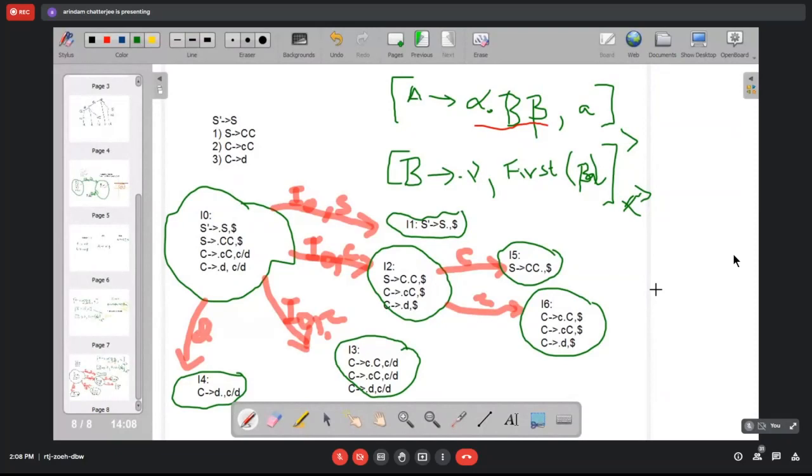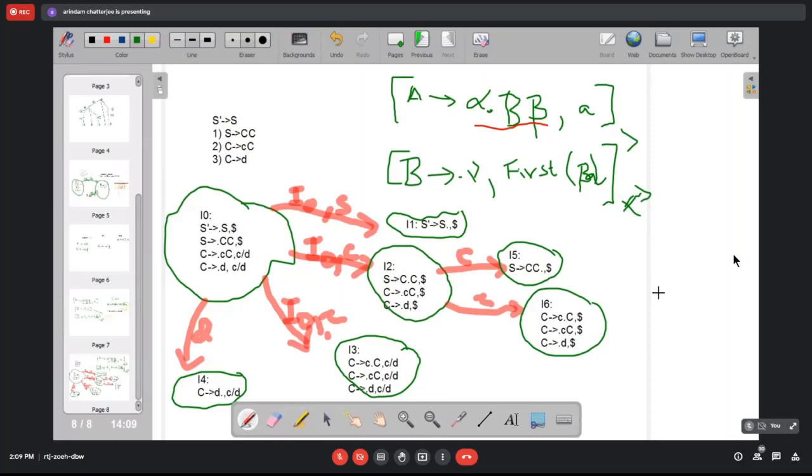So had it been an LR0 or SLR1 parser, I3 and I6 would be combined. But in case of LR1, because the look ahead item is different, we have two different states. This is what I wanted to emphasize. Because of this distinction, in LR1 you will see an exponential increase in number of states compared to LR0.